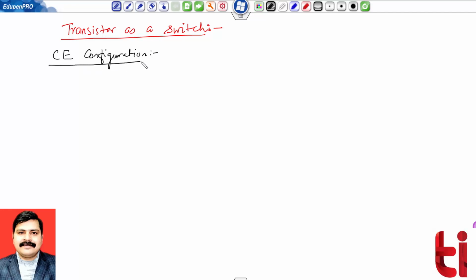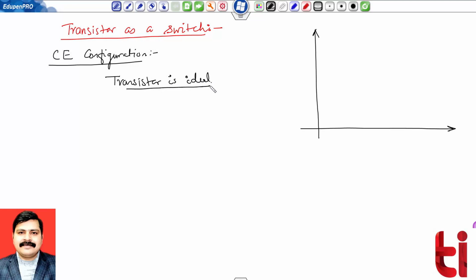As we have already discussed the input and output characteristics of the common emitter configuration, for better understanding, let me draw the characteristics, and I am assuming that in these characteristics the transistor is ideal. So what it means is that the reverse saturation current ICEO will be equal to 0 ampere, and the value of VCE saturation, the saturation voltage, will also be